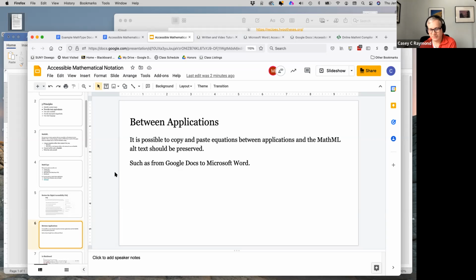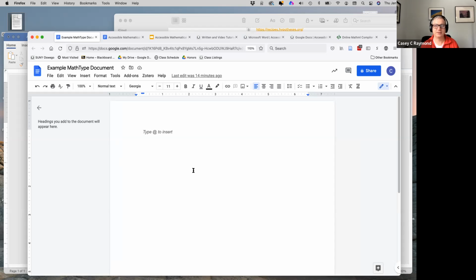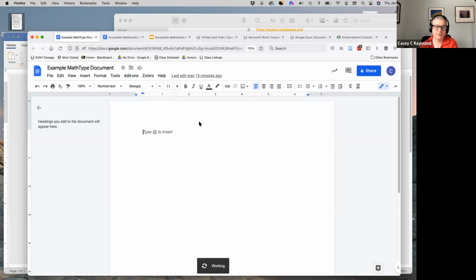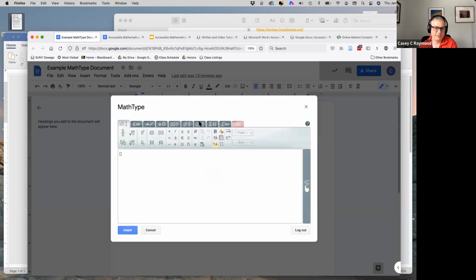I also want to tell you up front, I'll show you an example, but it is possible to copy and paste the equations that you've created between applications, and the alt text is preserved. So what I'm going to do is I just have a blank Google document here. In the add-ons now, you should have MathType as an option, and you can do insert mathematical equation. It brings up an equation editor that probably looks similar to one you've used in Word or other applications. But this allows you to basically write whatever equation